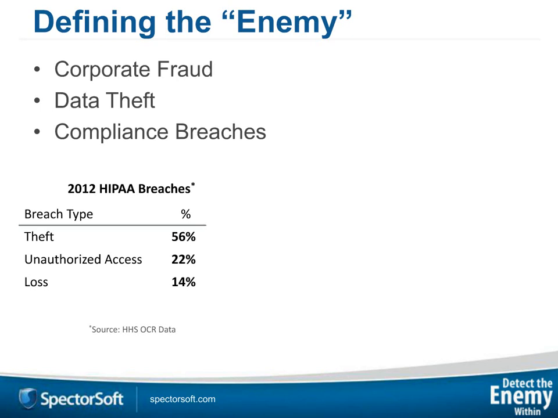And by the way, these don't add up to 100% because there's overlap. There might be literally a HIPAA breach that involved unauthorized access and theft. And so it's not 56 plus 22 plus 14 and so on adding up to 100. These are just the percentage of the time that those particular breach types were involved in a breach. Now, the other thing that's interesting is I look to see when computers were involved or if it was just paper that was involved and that kind of thing.